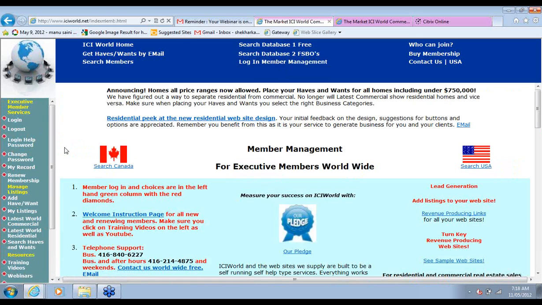In order to learn your ID and your password, on the left-hand side over here is where all the choices are being made for members. By the way, when you add your information here, it will be added to all of our websites instantly and automatically. In fact, there are as many as 18,000 pages throughout the internet that your information will be added to. And in the login, if you don't know it, you simply click on Login Help, and I'm going to have someone help demonstrate it to us.